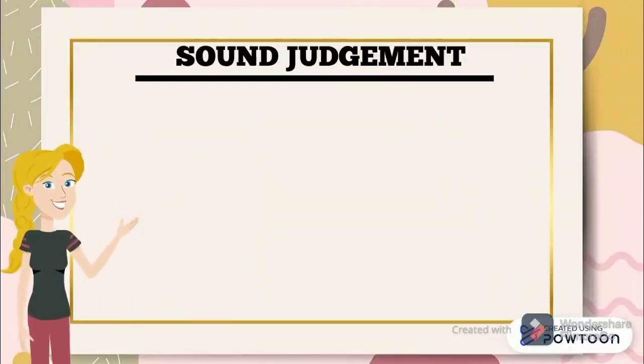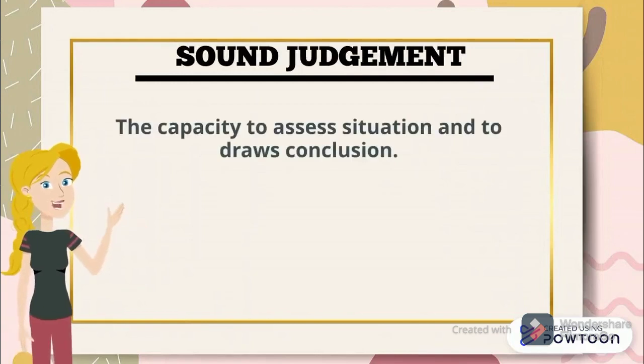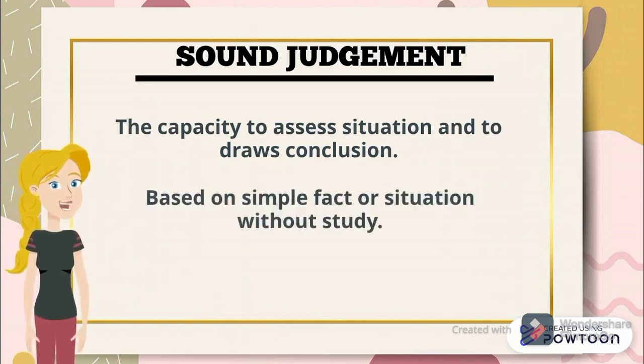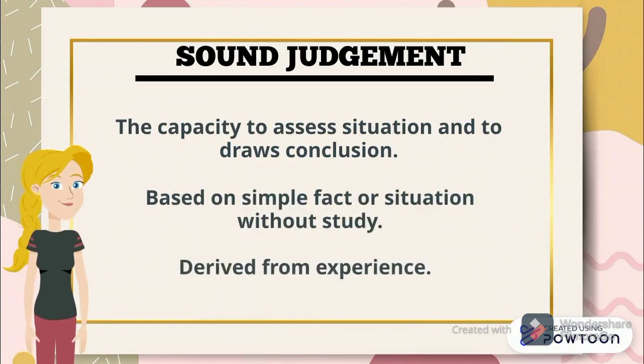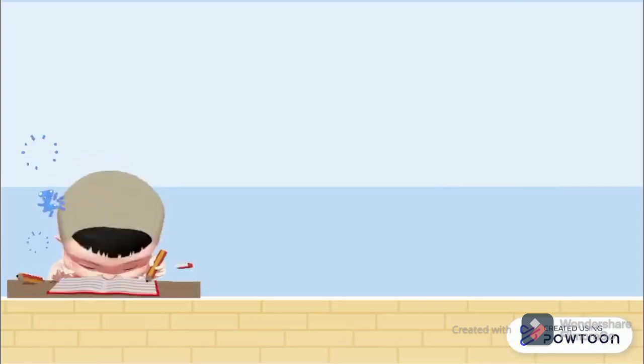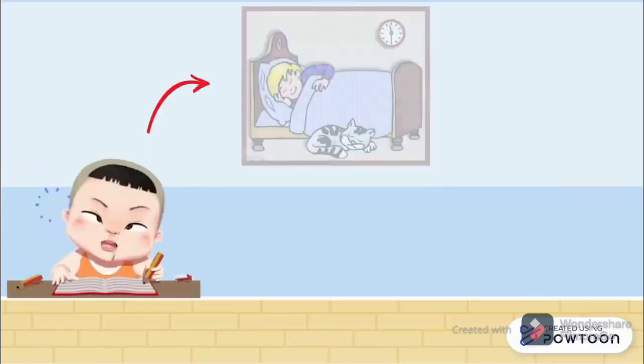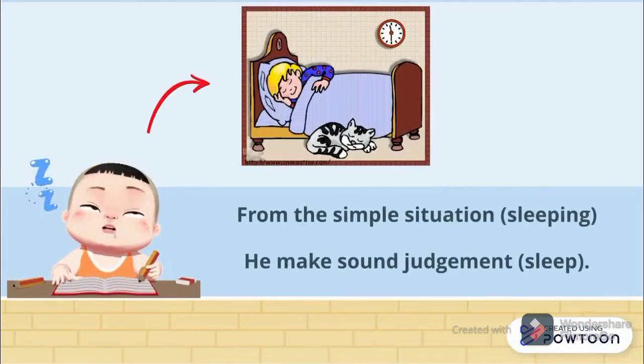Second, common sense can be our sound judgment. Sound judgment is the capacity to assess a situation and to draw conclusions. Sound judgment is based on simple facts or situations without study. It is basically derived from experience. For example, when Ali is sleepy, he goes to sleep. From this example, we can see that Ali used his sound judgment to make a conclusion on his situation, in